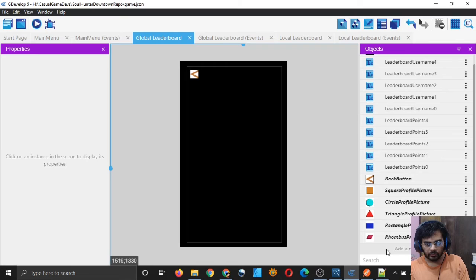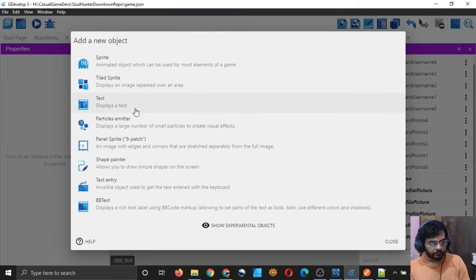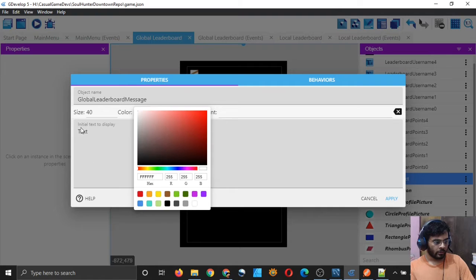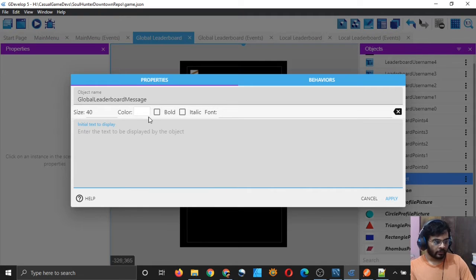I need a text. I will call it global leaderboard message. Leaderboard message should be 40 in size and white in color. It should read some message actually.